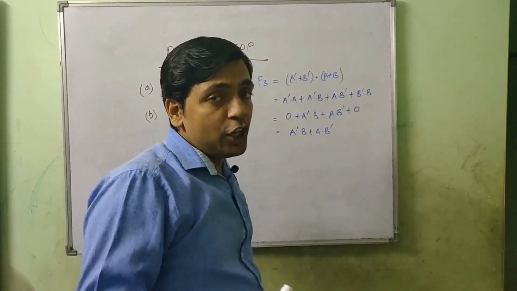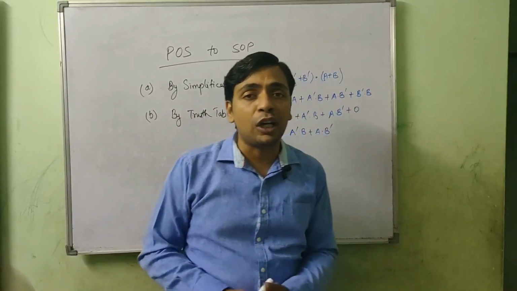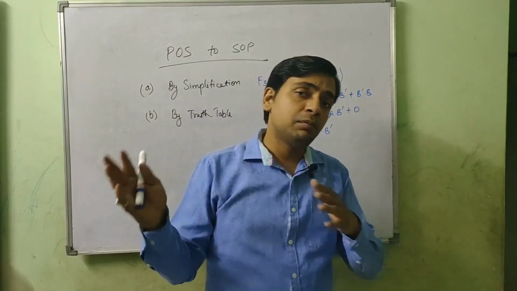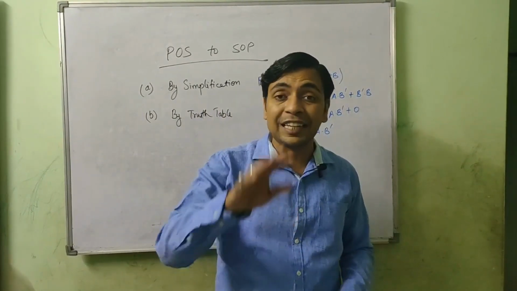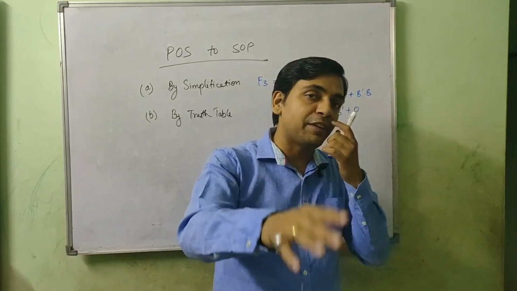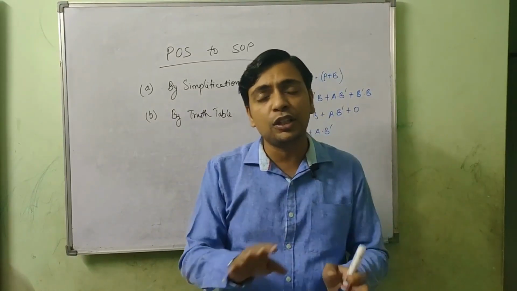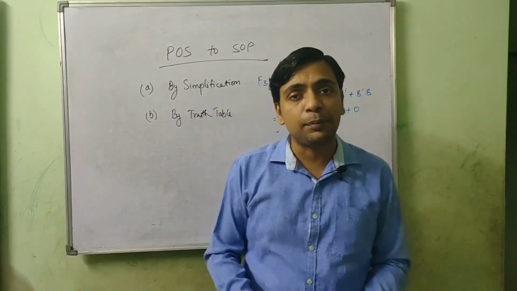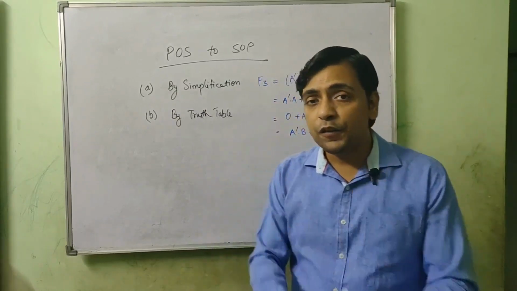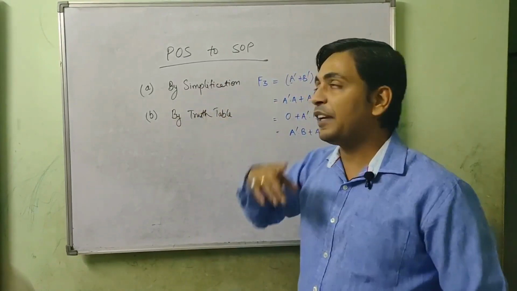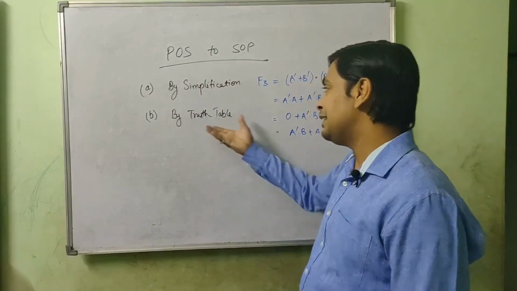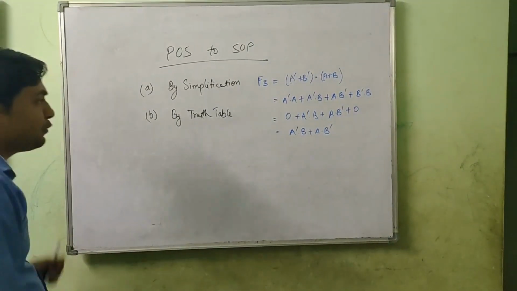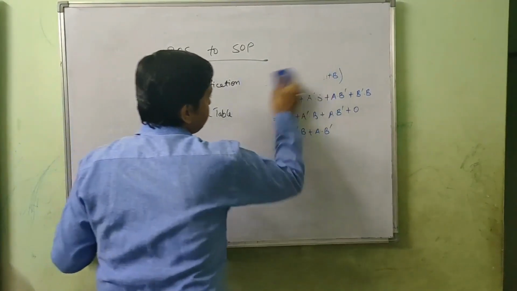For this technique, you should remember all the Boolean laws which I told you. You even got the notes of it. It's even given in your Sumita Arora book, that book that we are preferring, all the laws in a table. I hope you go through those tables and remember all those laws if you want to do it by the simplification technique. But as I told you, the truth table is one of the most time saving techniques. So let's see the fourth function with the truth table.